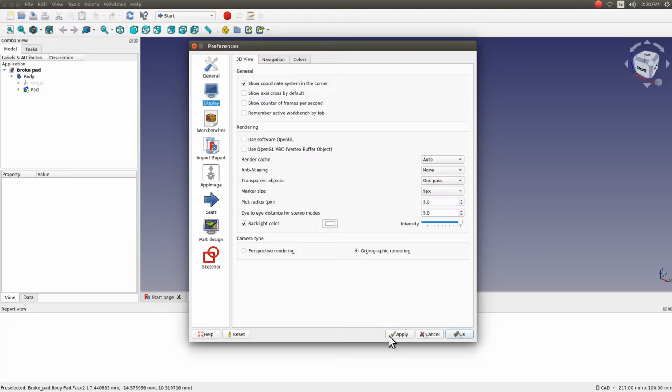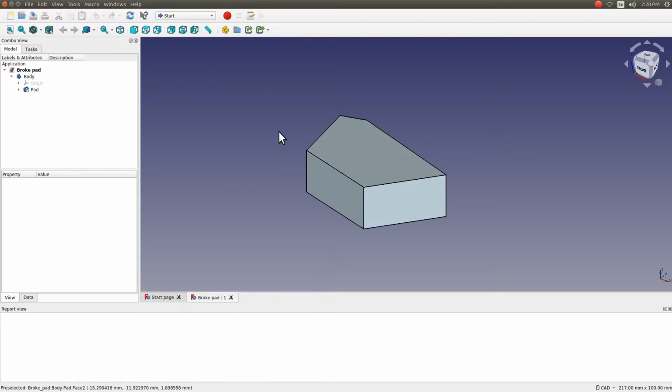Next, click the Apply button, and at the very bottom of the menu, then click the OK button on the same line. This menu will now disappear, and we are now returned to the FreeCAD drawing screen. As you can see, the black pad of death is cleared, and we are ready to begin drawing with the